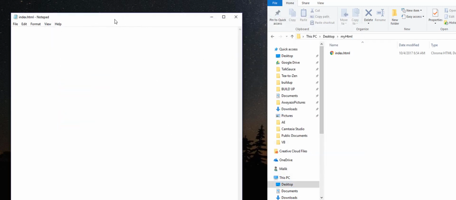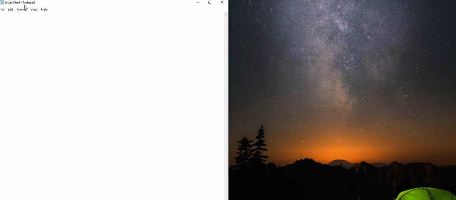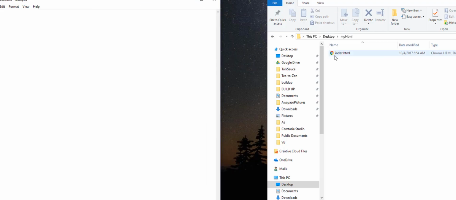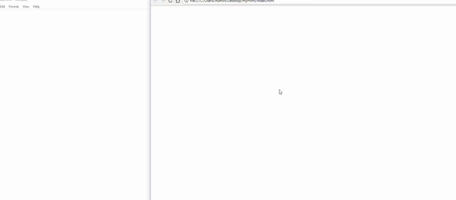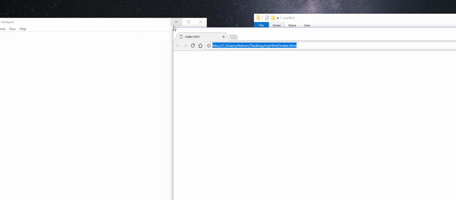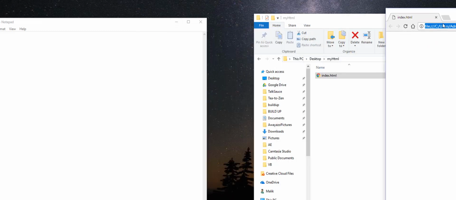Now you'll notice, even though this is open here in Notepad, when I look over here, .html, we have an icon, and it's going to be your default browser icon. If I were to double click this, it's going to automatically open up Chrome with my first web page in there. So even though there's nothing here, there's a web page there, and you can see where this web page goes. It goes directly to my folder. So what I'm going to do is leave my browser open so I can always refresh my